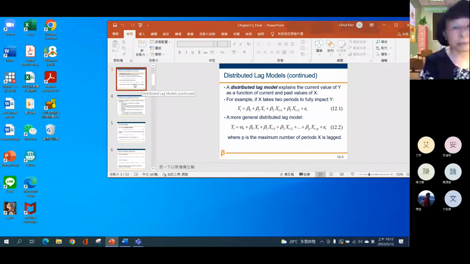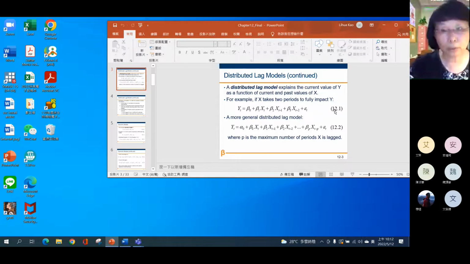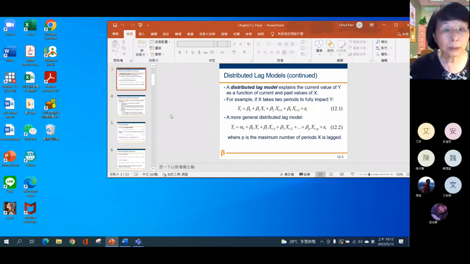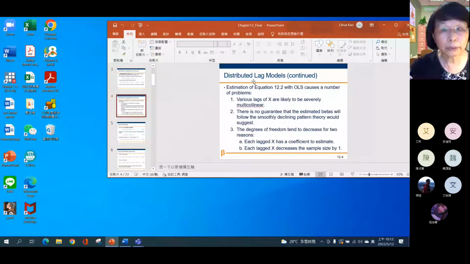One is called the distributed lag model, and in this model, we found that the lagged independent variable appears on the right-hand side of the equation, such as equations 12.1 and 12.2. And 12.2 is the general form with P lags. Okay, and the problems with the distributed lag model